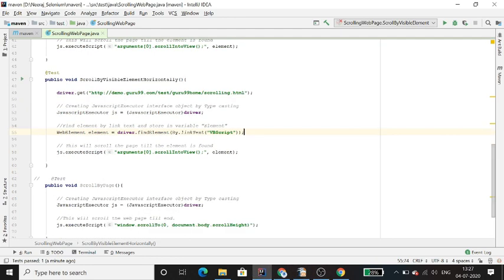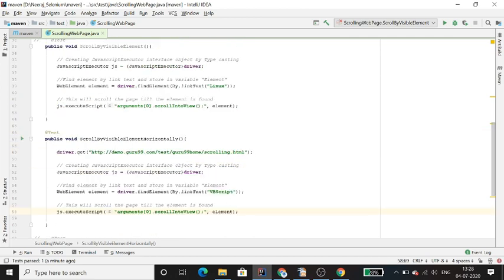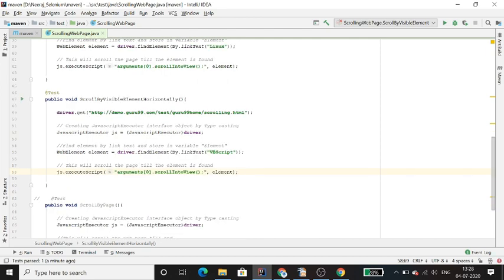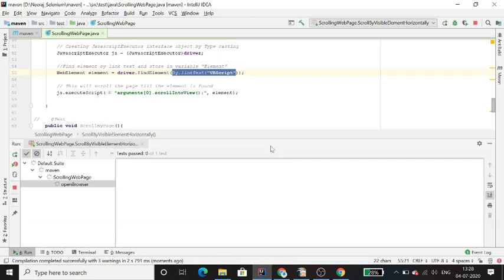I have created the same object reference, and then the web element where you need to scroll. The same method will work for vertical and the same method will work for horizontal. You need to provide the element where it is located, so it will work for both vertically and horizontally. That's why I want to show you the method for both.